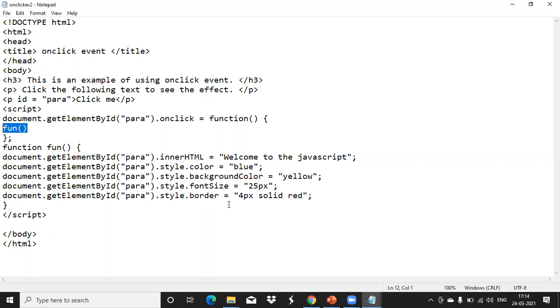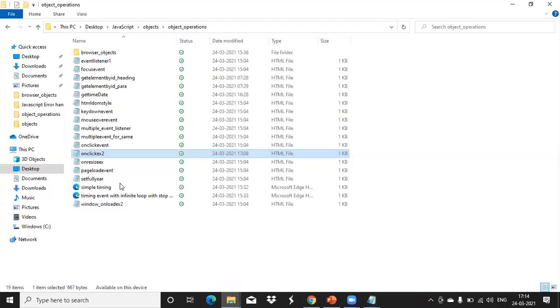All those things we have created here. So this is how we used the on click event, not over a button, but over a text value. Okay, so you view this output.